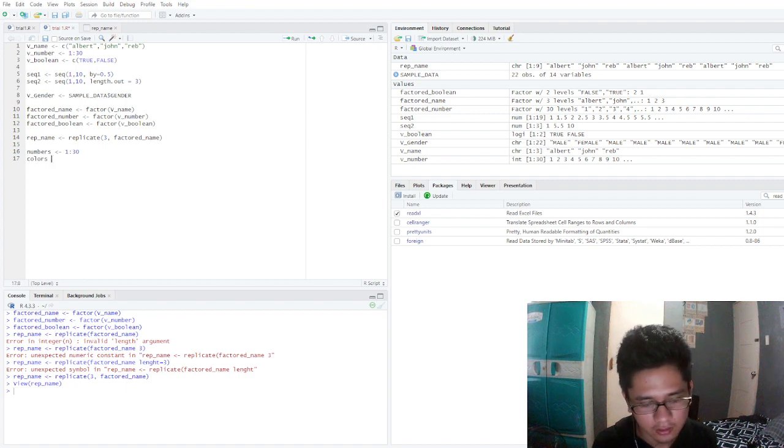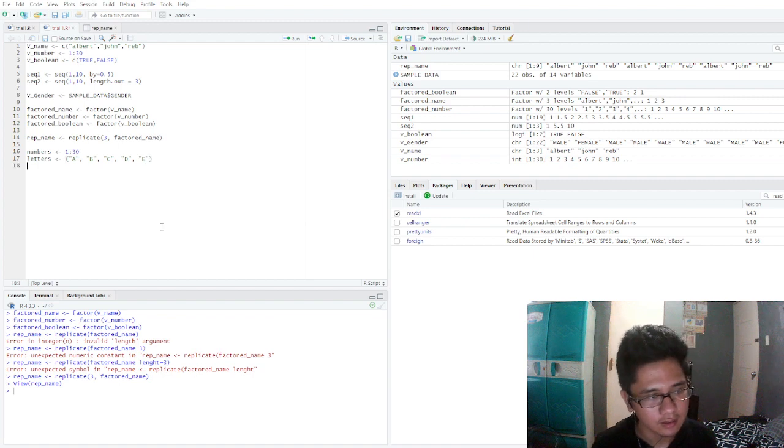We have to create the letters first before colors. The letters are A, B, C, and we have E.